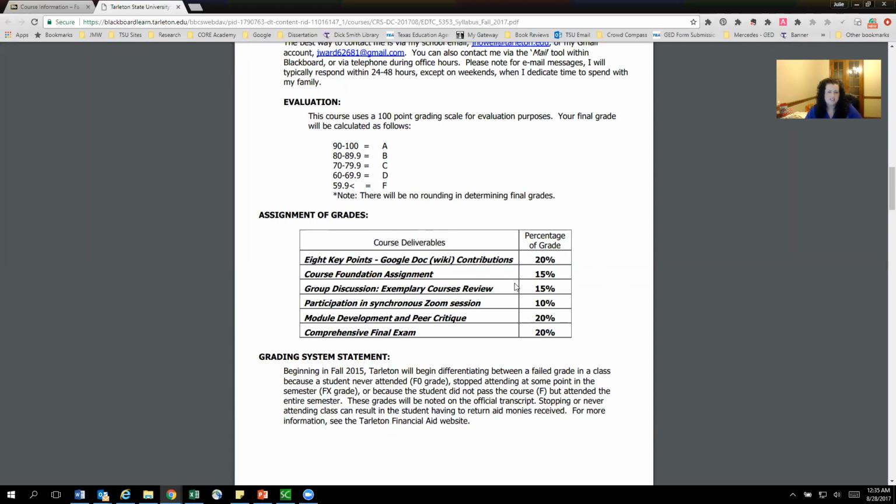The course foundation assignment, which is where you're going to have your own foundation assignment individually, and you'll learn more about that later, is 15%. The group discussions is another 15%. The participation in a synchronous Zoom session is